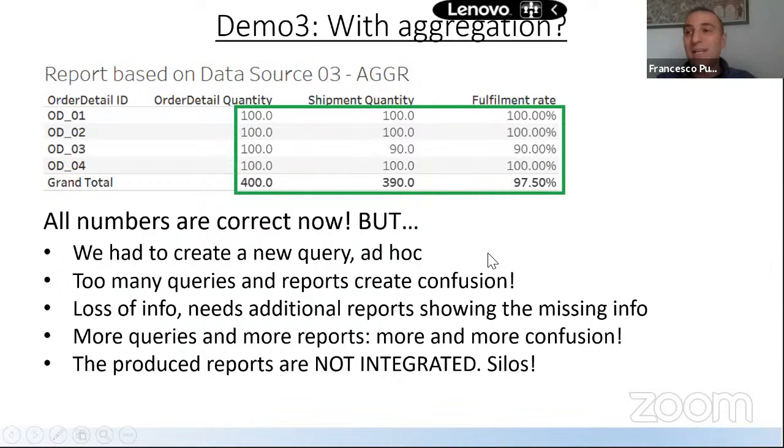What is ad hoc? It means that someone said, I need to see this, and you need to ask a developer to sit down, write some code, and develop this solution. It's simple, but of course, it's happening also with less simple solutions. The problem is not about the storage on disk. It's not that storage on disk is cheap now, so you can put a lot of gigabytes of data.